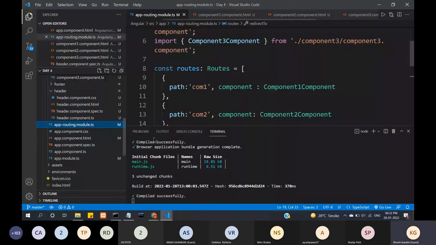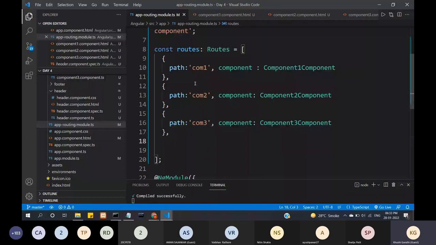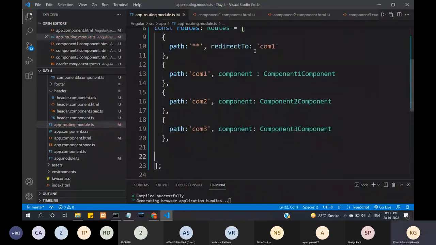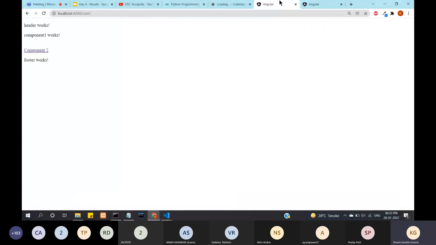The reason I added the invalid or empty path at the end is because if I had added this at the start, let me do it. If I do this, what will happen is that the links won't work. And why? Because it will assume that